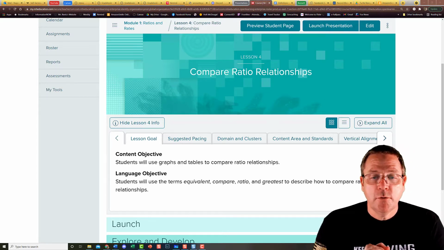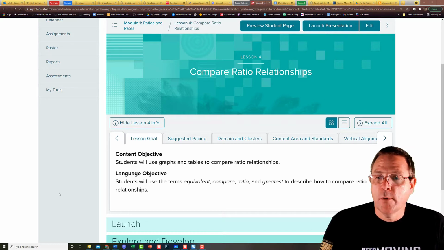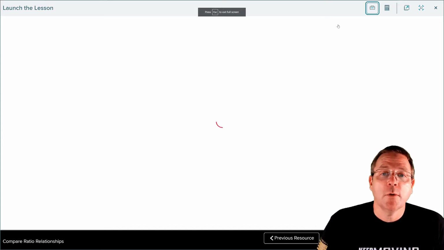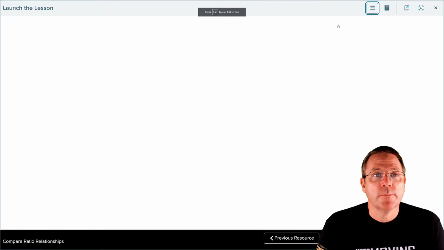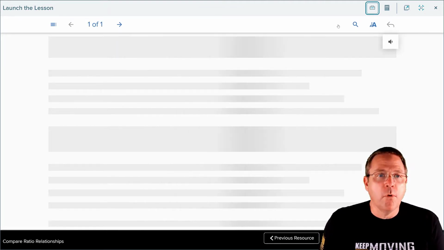The good news is you don't have any new vocabulary terms. While there is some vocabulary located in here, such as equivalent, compare, and ratio, all these are terms you should already be familiar with. So we have no new vocab to learn and write down today, so we're going to start straight with launching the presentation. So, Chapter 1, Section 4,